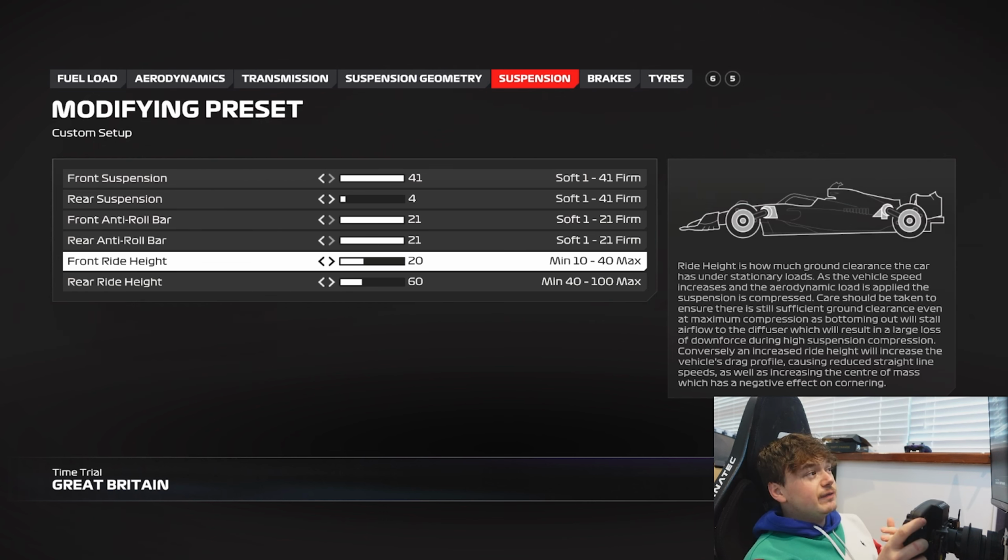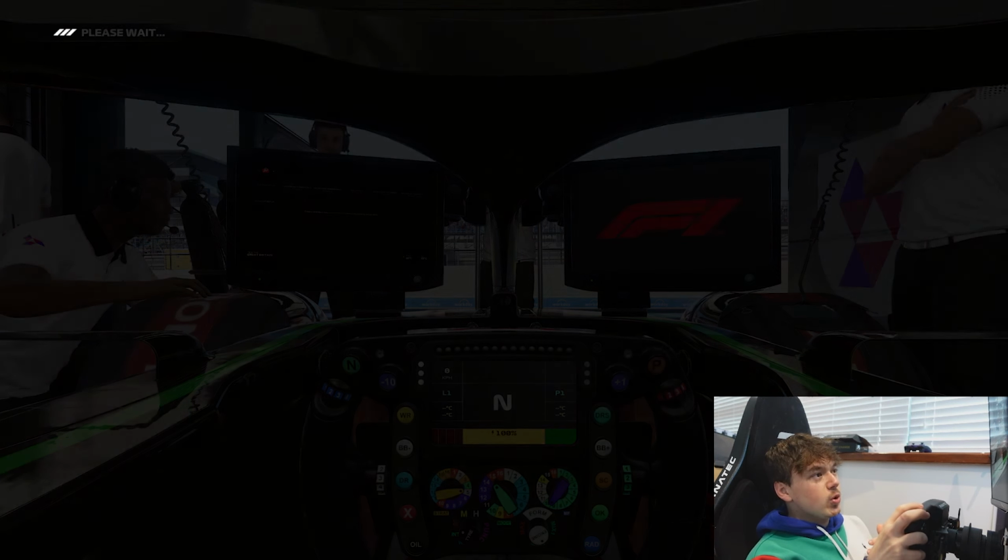So something that I advise as a baseline number to be working forward with is 19 on the front ride height within the F124 game, and that can give you an option to really have a good car that's rotating well and then to fine tune the setup around it. As I alluded to before, lower on this setting is always better to a certain point. And what I'm going to do is teach you now how to find that certain point by going too low